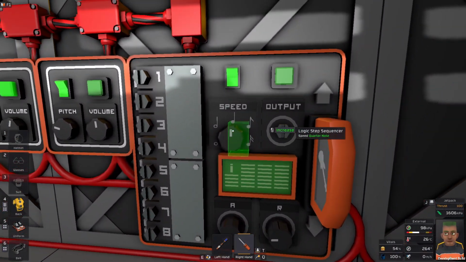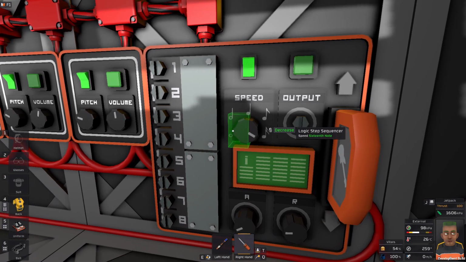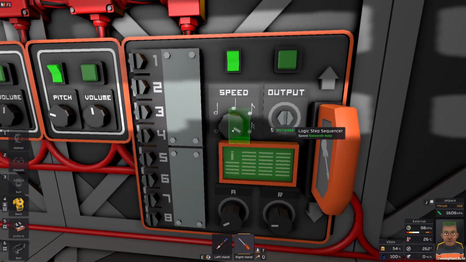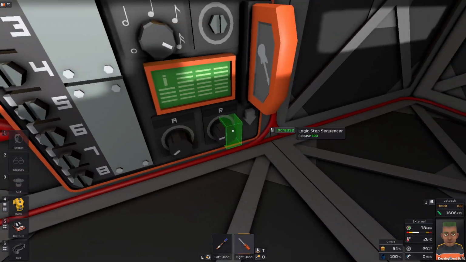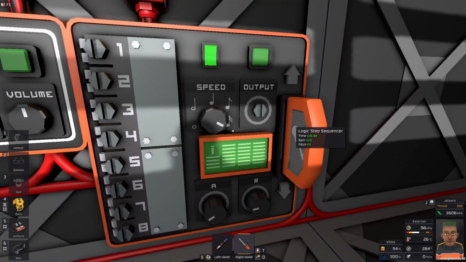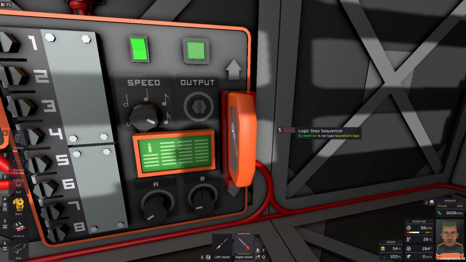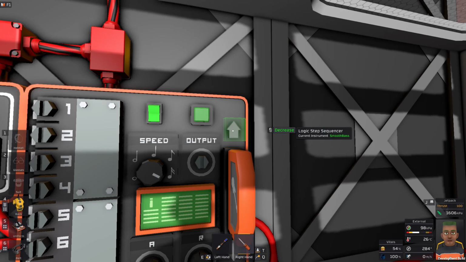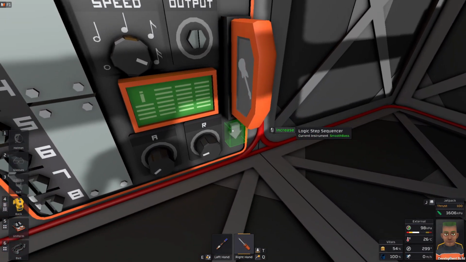And then over here we can see how fast we want it to play. That's actually pretty cool too. This is whether we want the notes to fade in or fade out, so that's the attack and the release. Over here we can change what instrument we want to use. Well, that's pretty groovy too. So we're selecting different instruments